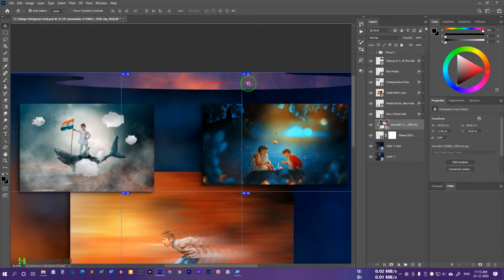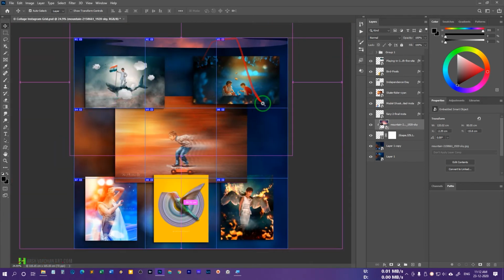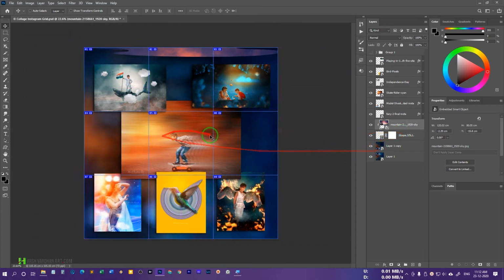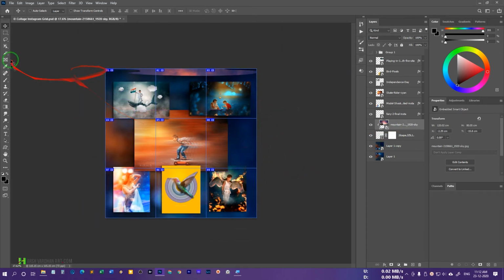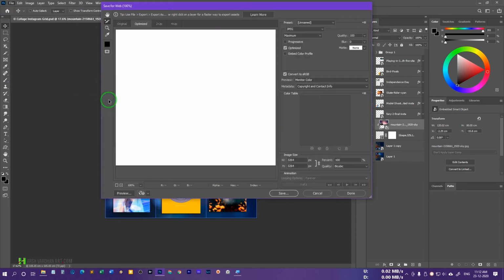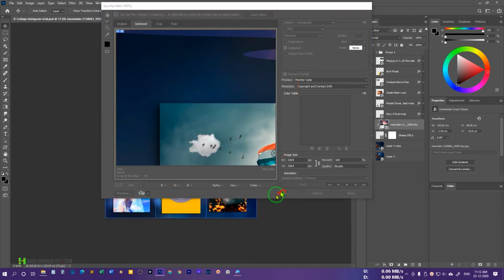Okay, so now you can see the shape is having a different color, so that would mix or match with the background. All right, so now we'll just do the same thing. We'll just export it. We have already divided the grid, so we'll export this. In order to export it, we'll just choose the second option. We'll go to File, Export, and choose Save for Web, and again maximum size, and we'll press the Save button.